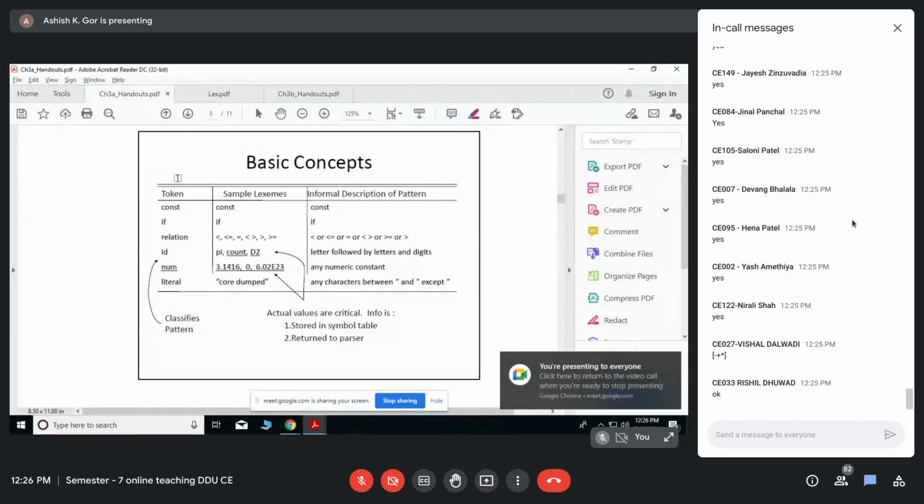So these are the examples, like token is constant. The sample lexemes are an informal description. Const is a keyword, right? For keywords, the lexeme is also that keyword, and the pattern is also that.